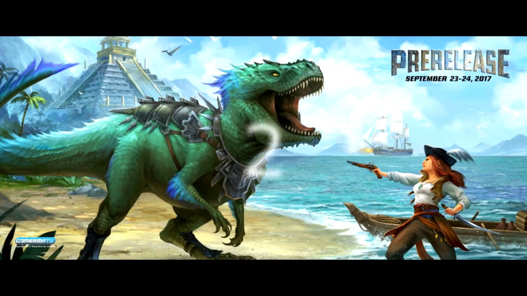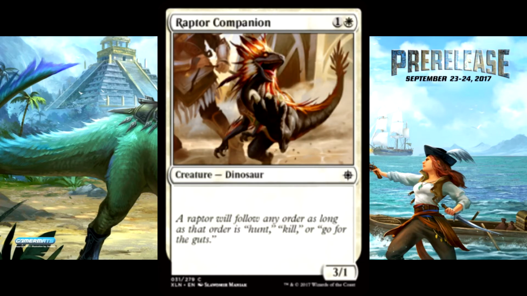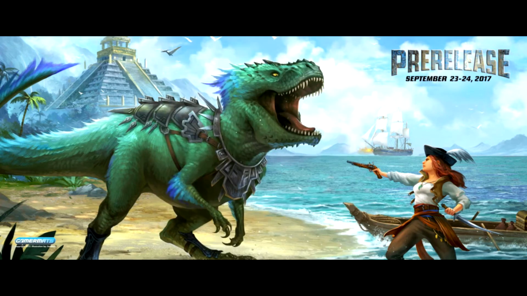Number 2, we have Raptor Companion. So this reminds me of, I think it was an elk in, like, one of the core sets. It's a 3/1 for 2 that doesn't have any abilities. But, I mean, look at that art. Come on. You can appreciate that. And having a 3/1 for 2 is pretty good. And then number 1